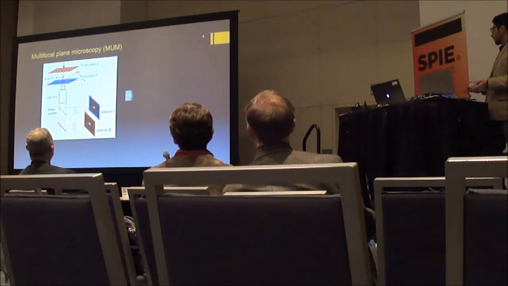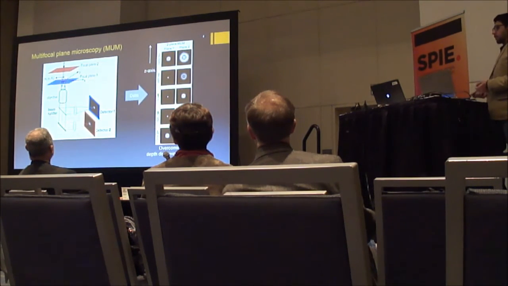For this, the observed data will look like this. This is the Z-axis. We have a pair of images for each Z position of the single molecule. And that pair is unique when you compare it to the other pairs.